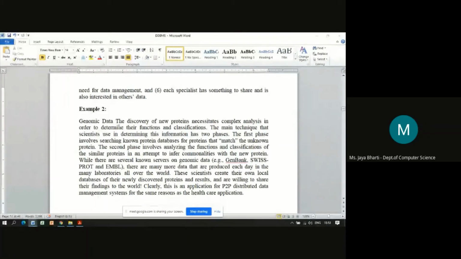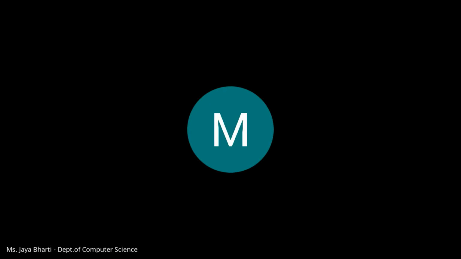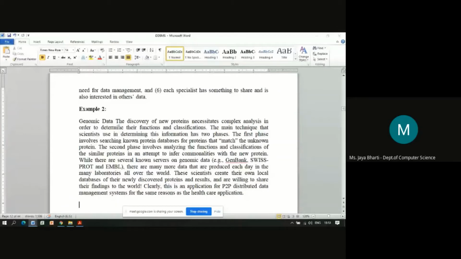There is a lot of new data produced each day in many laboratories all over the world, and these scientists create their own local databases. How does this genomic data come under the distributed database management system? These scientists across the world create their own local databases of their newly discovered proteins and results, and then they are willing to share their findings with the world.